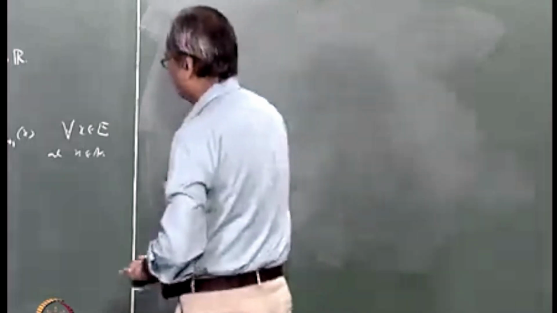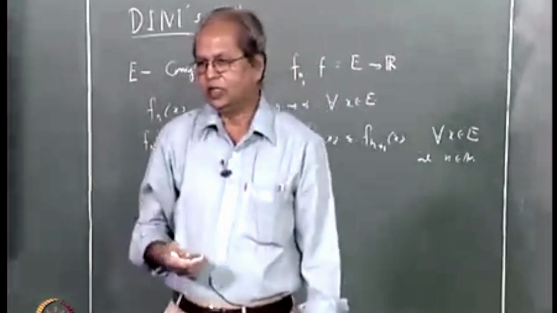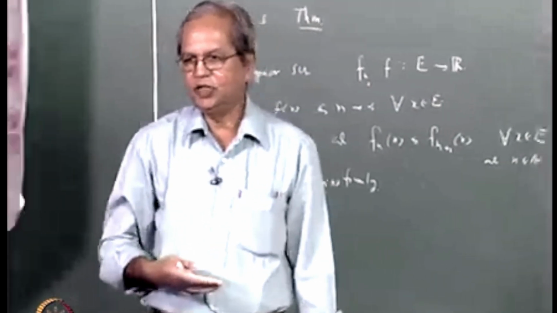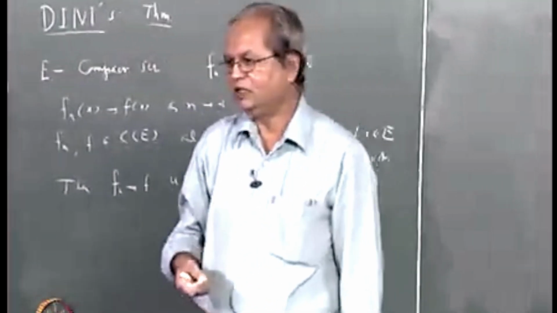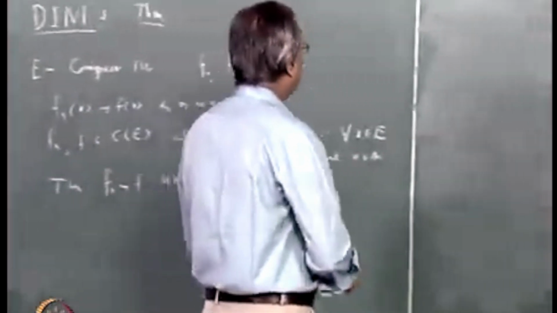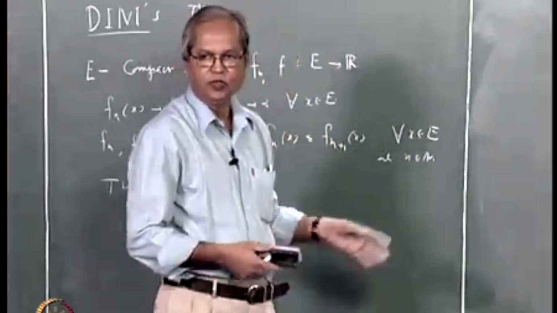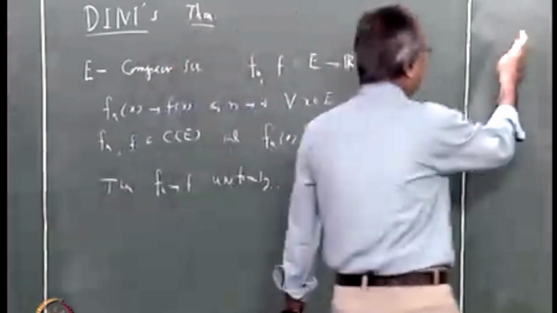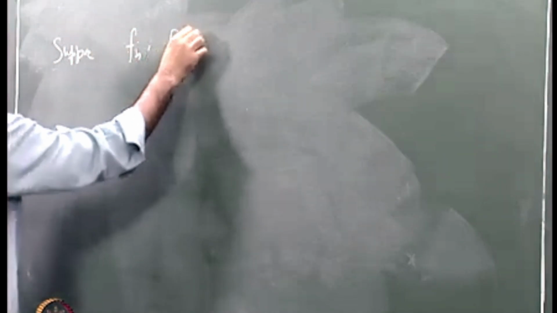Now let us look at one more property related to uniform convergence. Till now we discussed continuity. Next is differentiability and integrability. We will first look at integrability because that is a little easier to discuss. To talk of integrability, we cannot take any arbitrary set now. We have to take an interval. So let us say that [a,b] is an interval, and you consider Fn from [a,b] to R